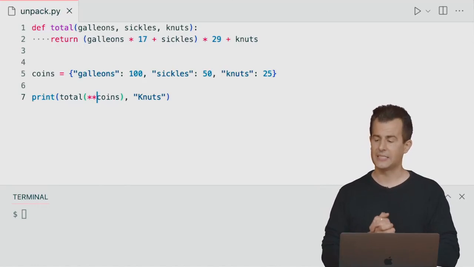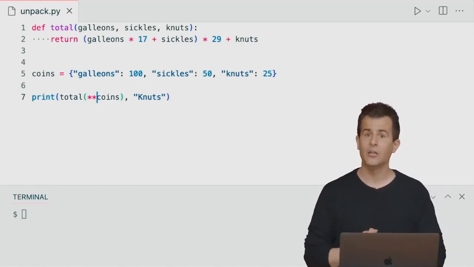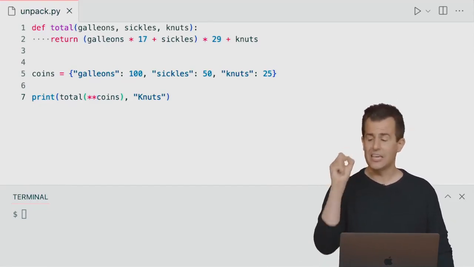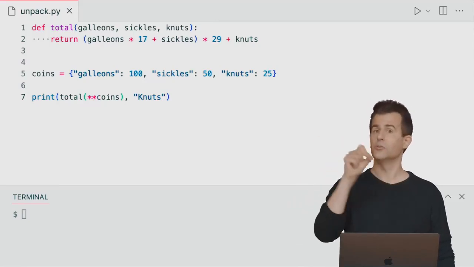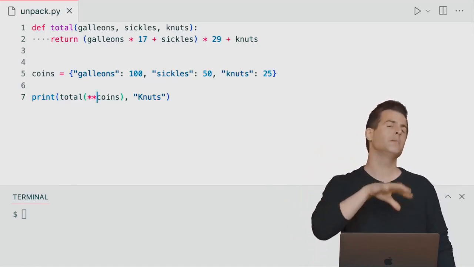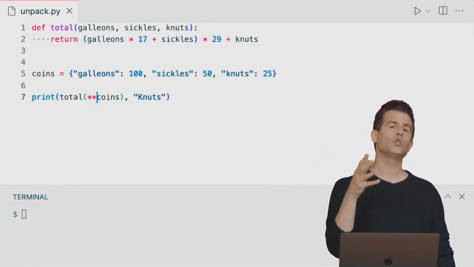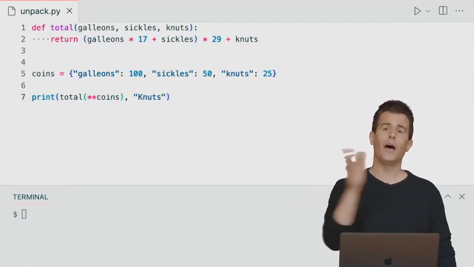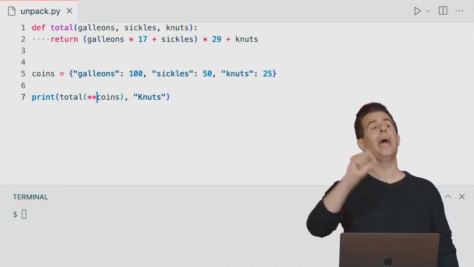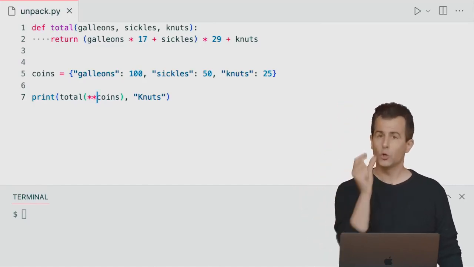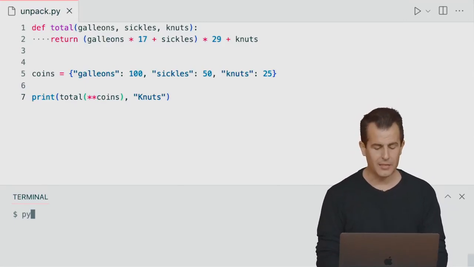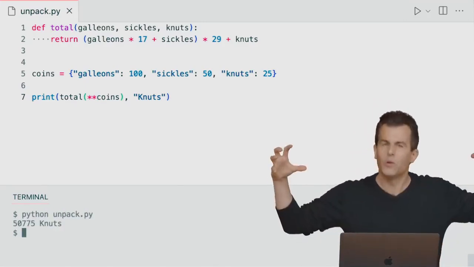And what this syntax has the effect of doing is passing in 3 values with names. It has the effect of passing in galleons equals 100, comma, sickles equals 50, comma, knuts equals 25. And so it has a similar effect to the list unpacking, but that just passed in the values, 100, 50, 25, separated by commas in effect. When unpacking a dictionary, it passes in the keys and the values, separated conceptually with equal signs, just like our function expects. So if I now run python of unpack.py again, we're still good,